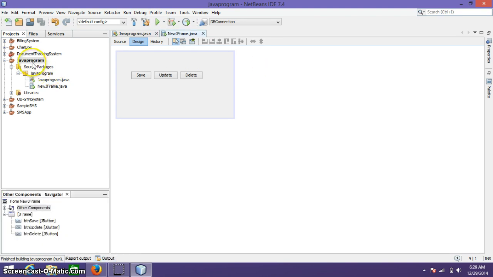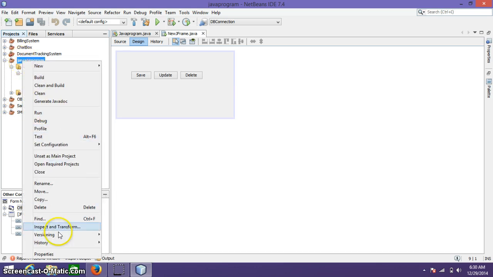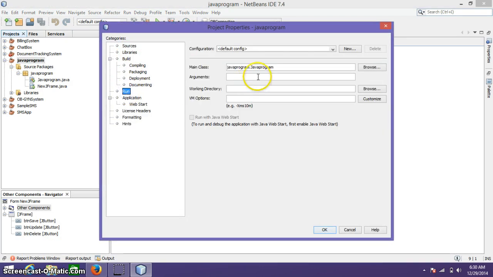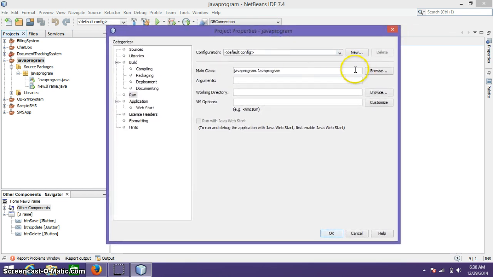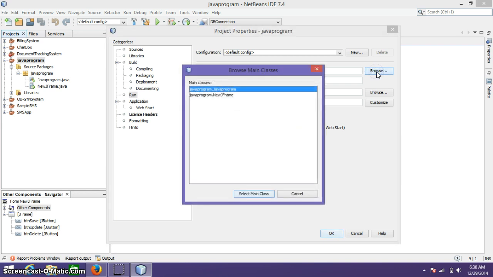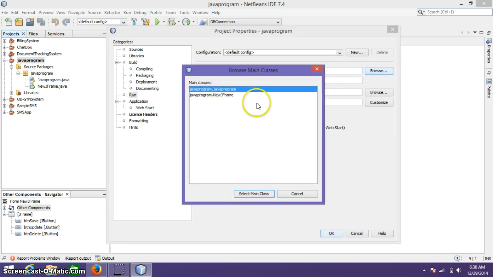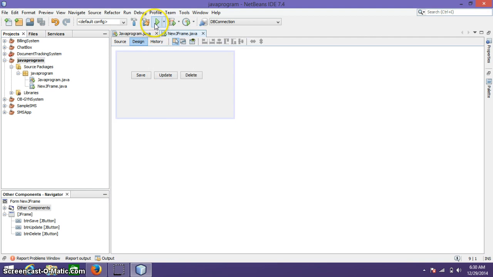Nothing happened. So we need to go to the properties of our Java program. Right click, select properties, and locate run. The default main class is our first Java class, so we need to change it to our NewJFrame. Click browse and select javaprogram.NewJFrame. Set main class. Okay, try.